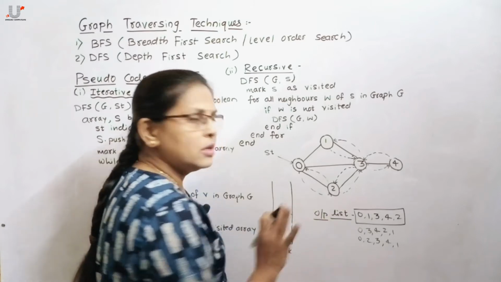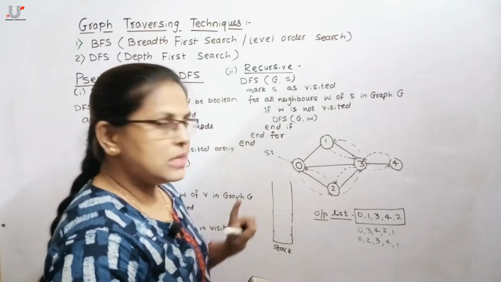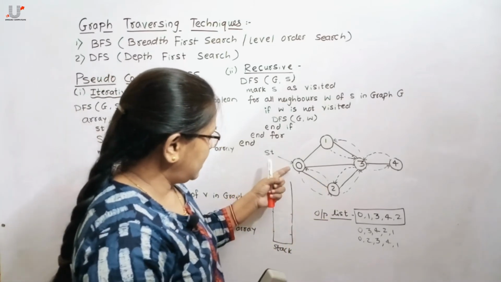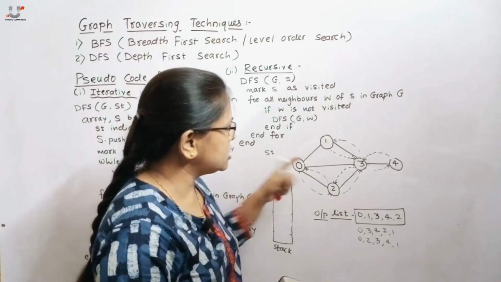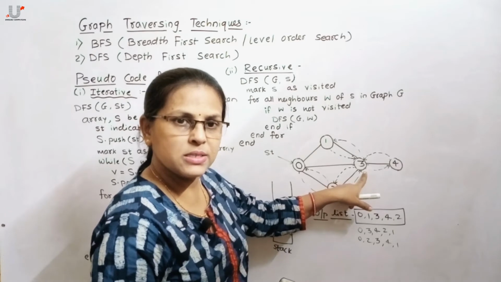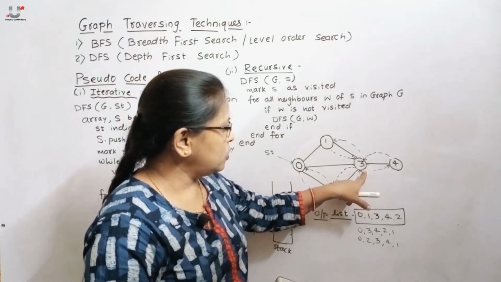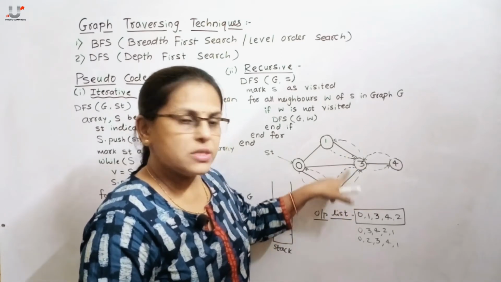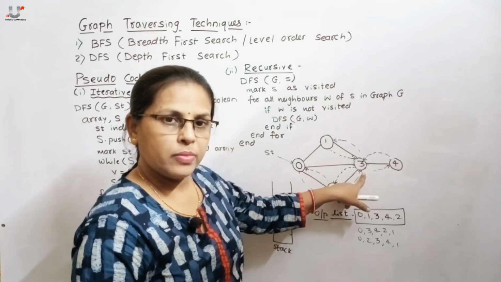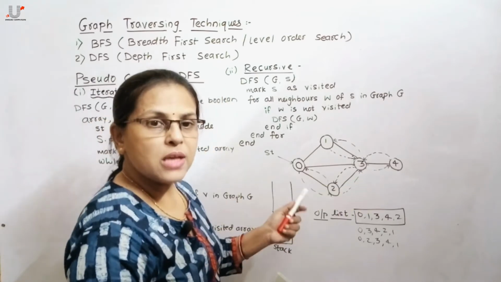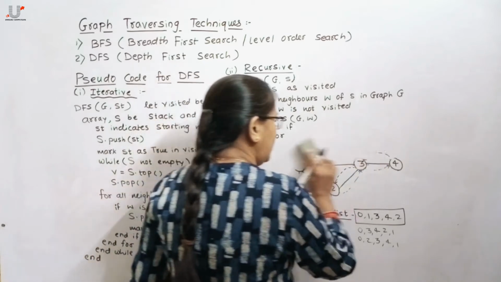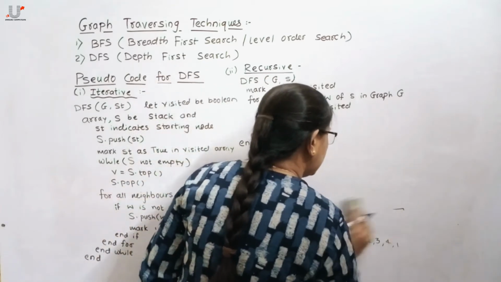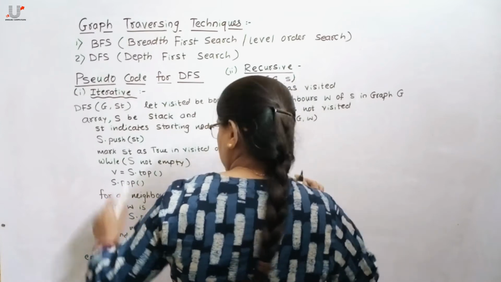Like this we get numerous results of the same graph. Rather than selecting 0 as a starting vertex, you can select 3 as a starting vertex and try to find all the adjacent nodes from this 3. Like this we get numerous outputs of the same graph. Now trace the same graph using this pseudocode.